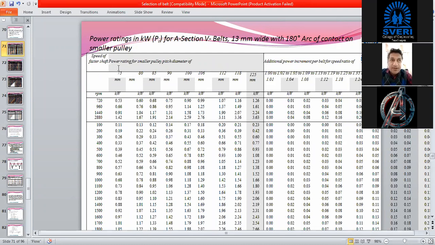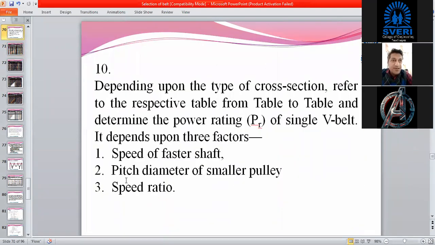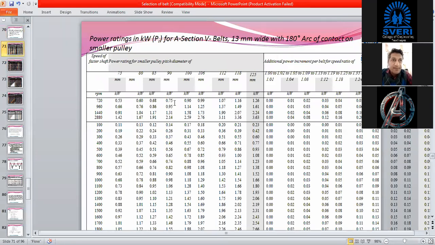Based on these three values, speed of the faster pulley, pitch diameter of the faster pulley, and speed ratio, these tables are given. Pitch diameter is put here, that is 75 millimeter, with RPM in the first column and kilowatt rating in the second column.